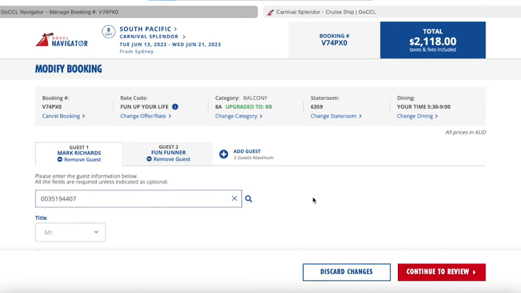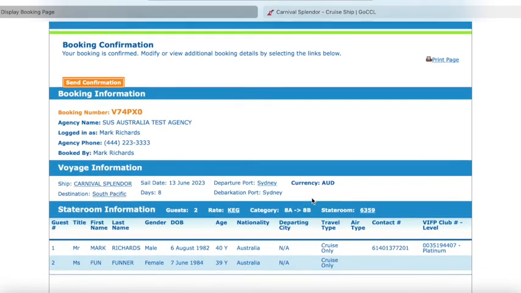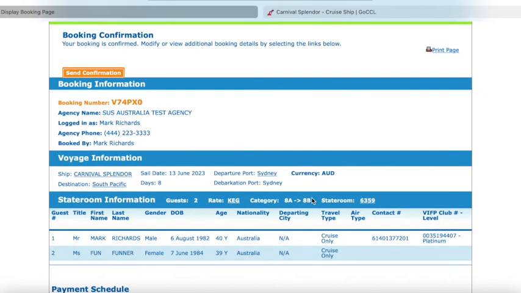So that is a really useful quick tip on how to make a booking from the beginning to the end on